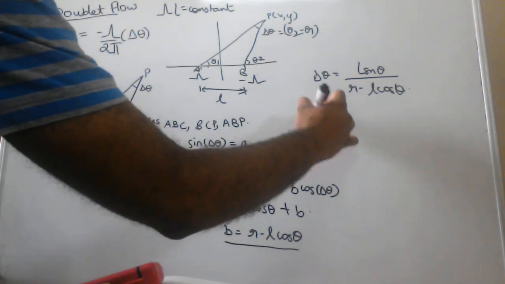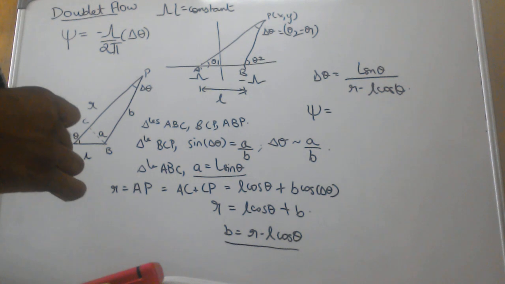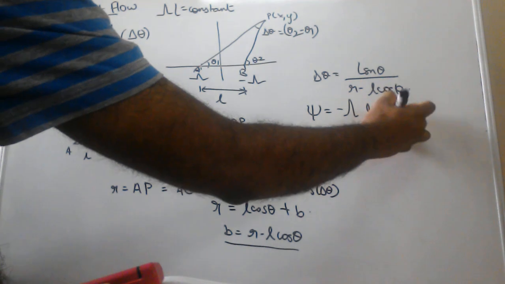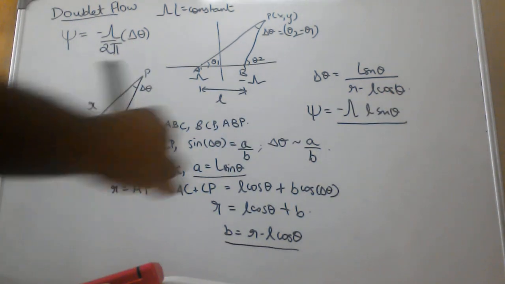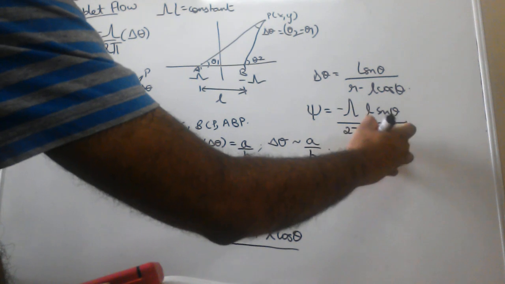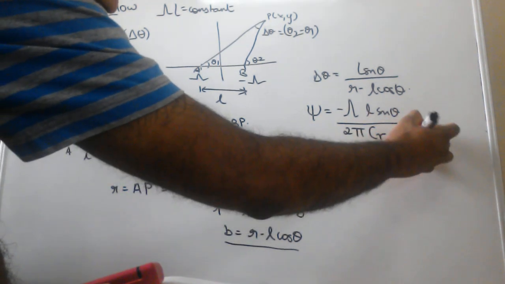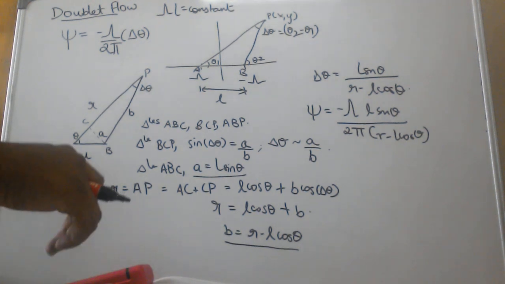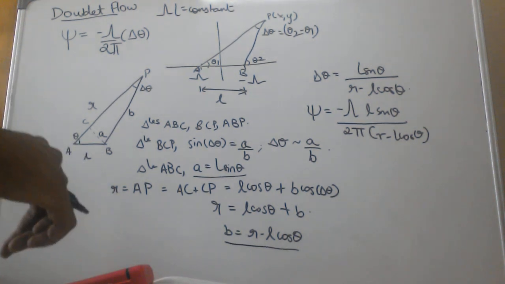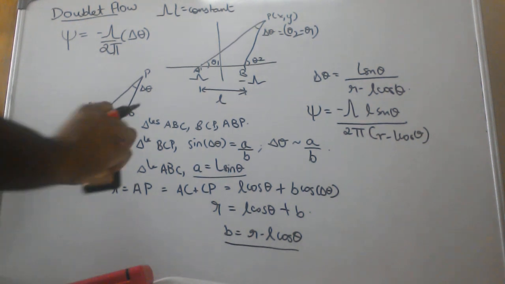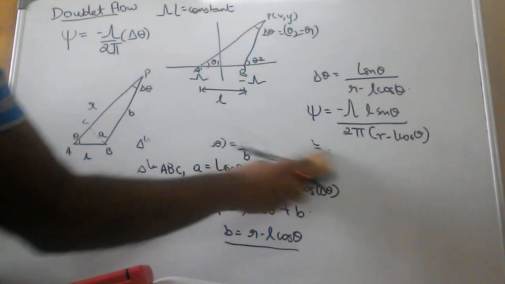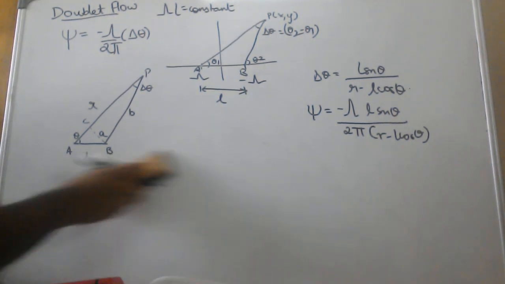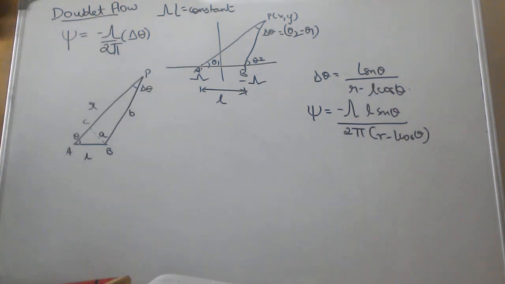So now let's substitute this expression back into the expression for the stream function. So what we get is psi is equal to minus lambda L sine theta divided by 2 pi into R minus L cos theta, right? So now we apply the limit. Let me just clear this board. So now we apply the limit